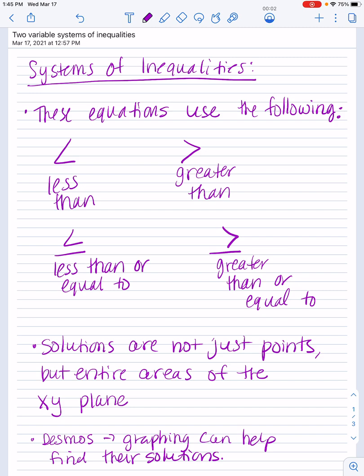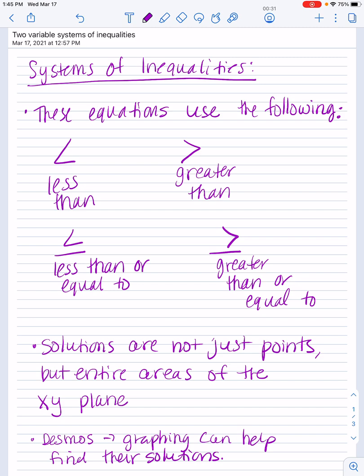The concept of this video is to go over systems of inequalities, specifically two variable systems of inequalities. Now, you have been used to solving systems like linear equations, linear systems, where you would have an equal sign in your problems. So today, the lesson that you're doing is you are discovering